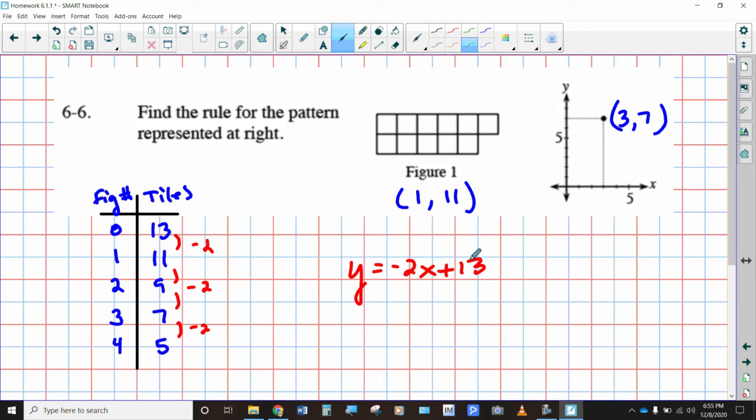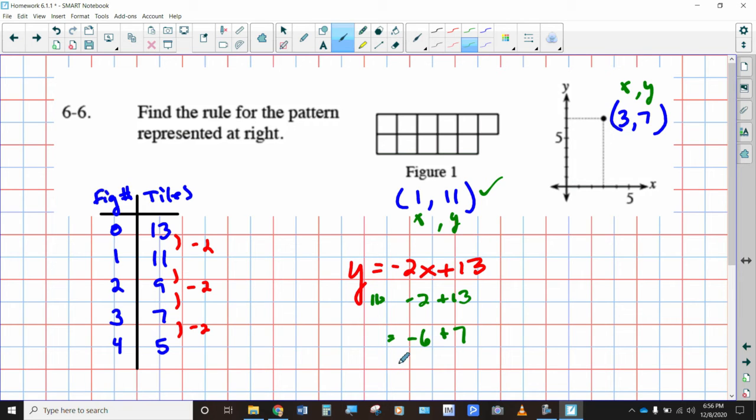So how can we prove it? Let's plug in these values for x and y into the rule to prove that both of them work. If x is equal to 1, this becomes negative 2 plus 13, which is equal to 11. So yes, that rule works for figure 1. And let's check this one now. If x was equal to 3, that becomes negative 6 plus 7,